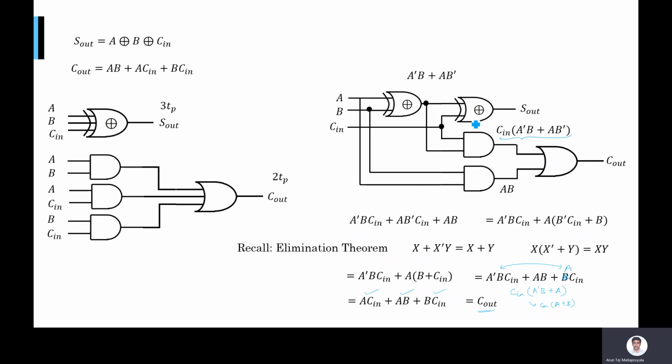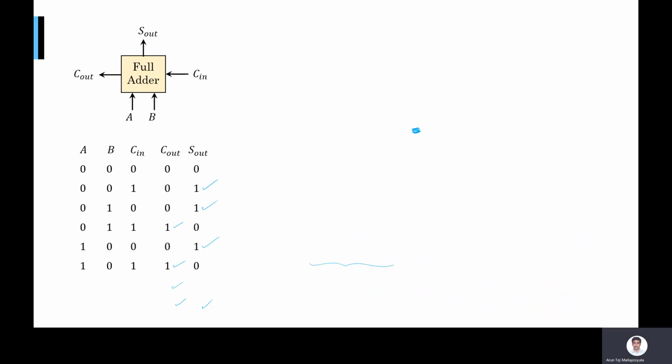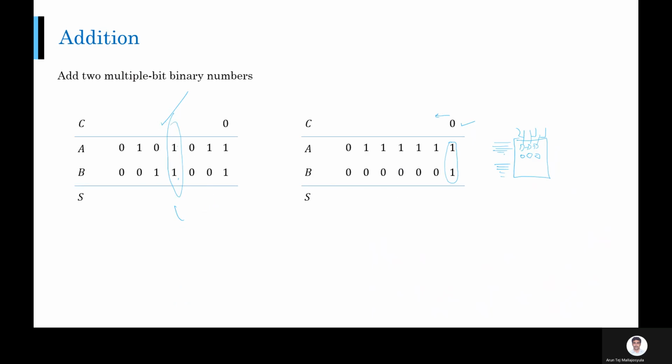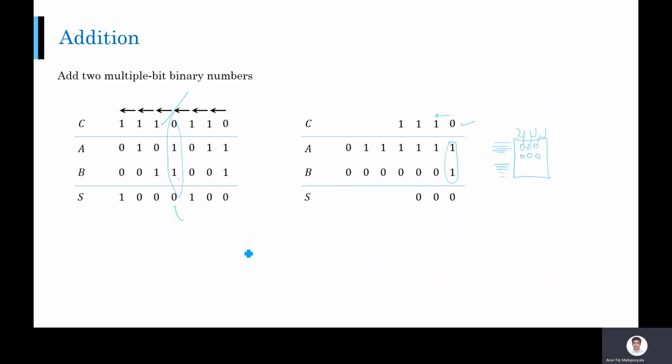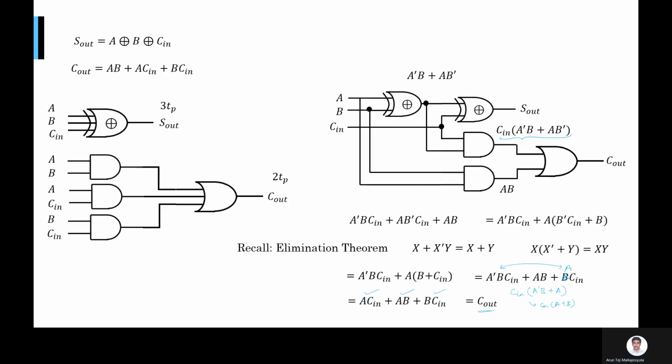Now why am I doing this? Because if you look at this XOR and AND gate, you go back to your previous circuit of half adder. What did you have there? XOR and AND gate, right? XOR and AND gate is your half adder. So I'm writing my full adder function in terms of the half adder function. Okay. So look at this.